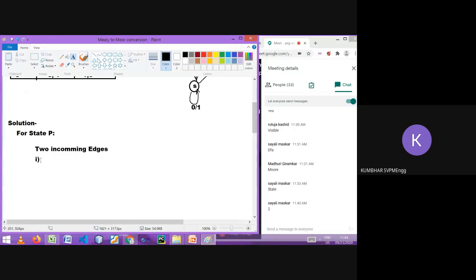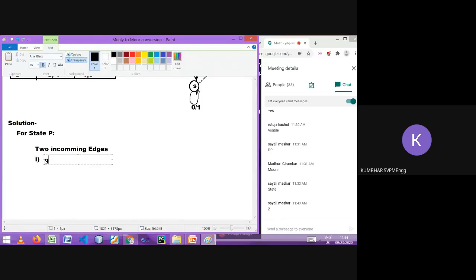One edge is coming from Q to P, correct? With the input and the output we have to write. With input 0 and output 1.